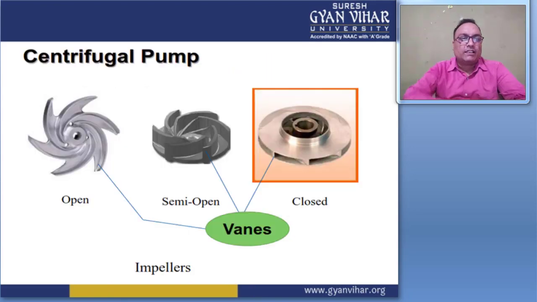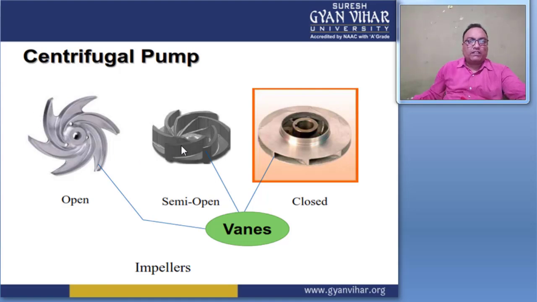These are the impeller constructions. Here different types of impeller are present. One is in the first figure. You see the first type of case. This is the open impeller, and inside this type of impeller only blades, impeller vanes, are present, without any facing at the back side surface.